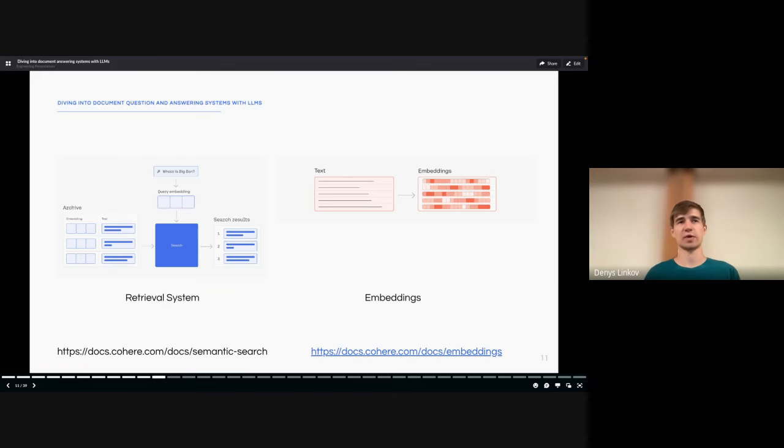It can be in a vector database, it can be in a regular database, doesn't matter. Then you do some kind of search. Typically, we have heard of the term semantic search. So you compare the similarity of a question and the answer, and then you serve the search results. And the search is based on the semantic similarity, which is based on embeddings, right? So converting text into some kind of vector that you can compare.